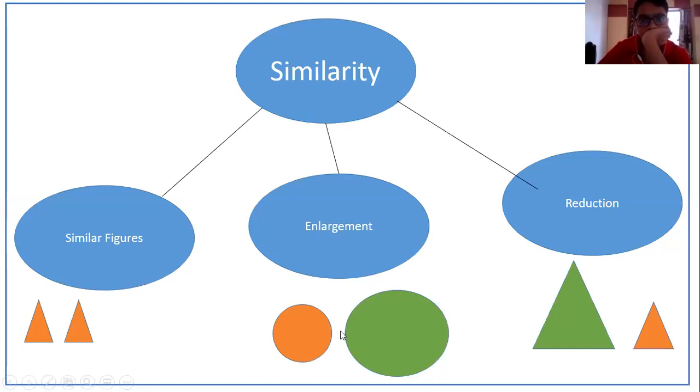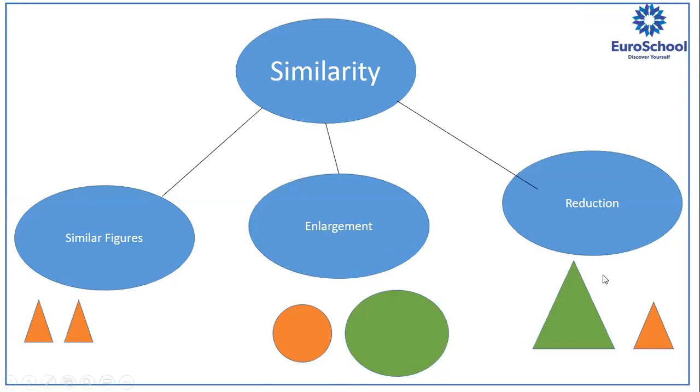Like here, if you see in enlargement, I've made two circles, right? One is smaller and the other one is bigger. This is the smaller circle and this is the enlarged circle. Only what I have done, I've changed the radius. But if you check the others, both are round, both have circumference, both are circular in shape, so they are similar. Only the radius is different. That is, the size is different, right? Understood? Yes, ma'am. Okay.